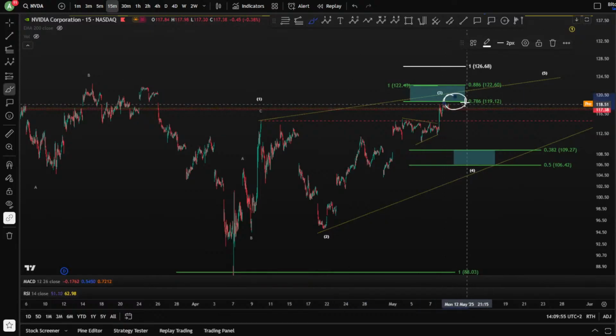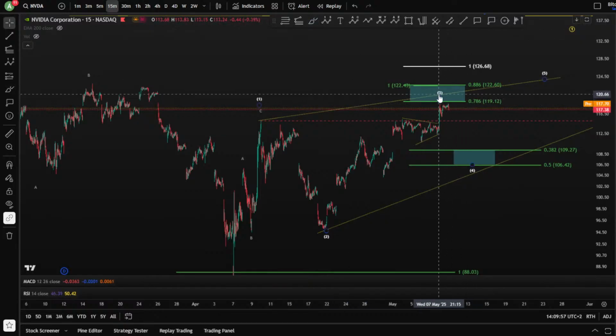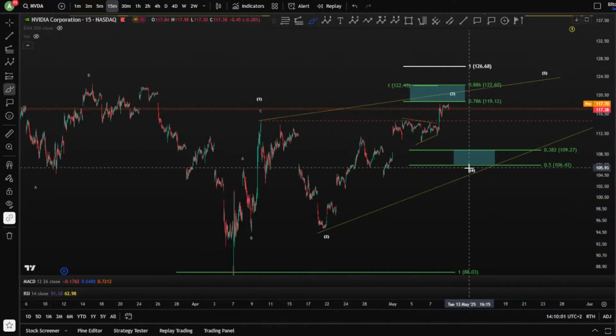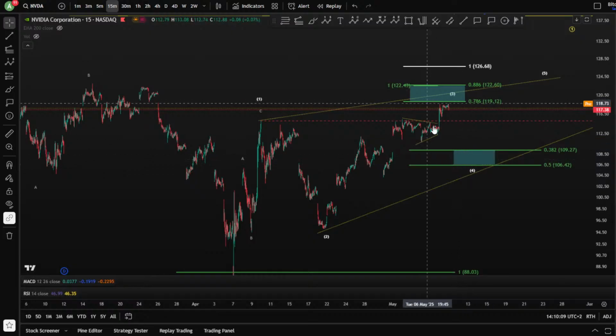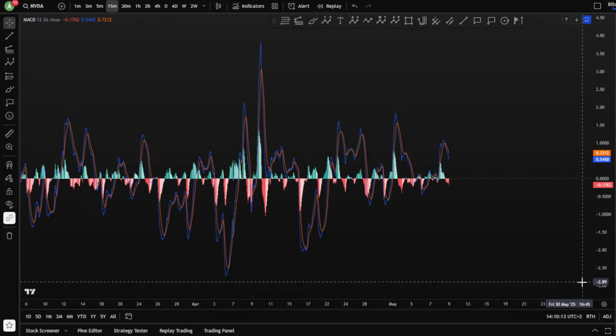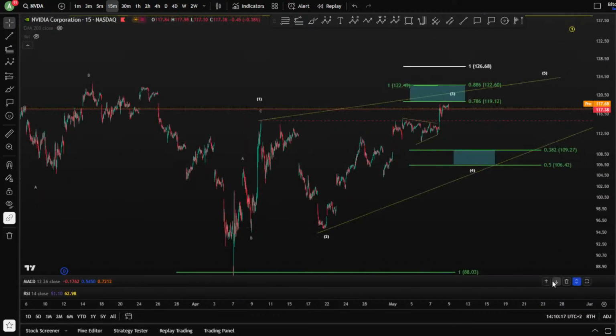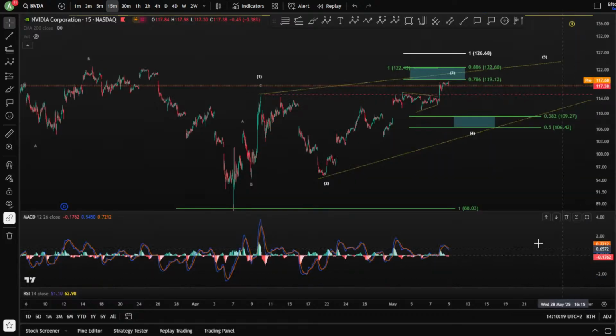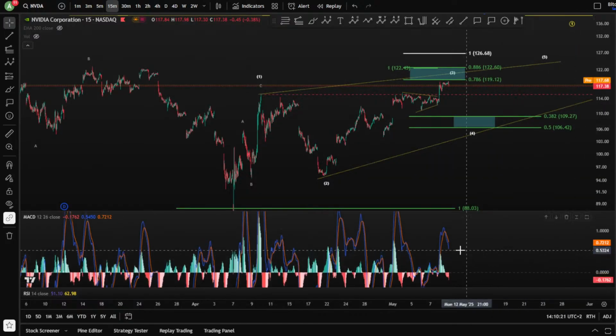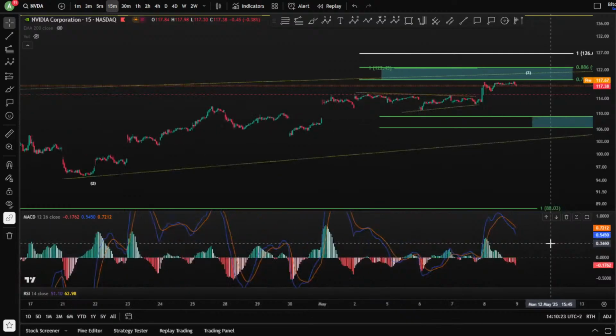Interested? Well, not so much, yeah, because you are very close to the blue box. And then, of course, you might shift for a wave 4 here. Okay. After this and a wave 5. So we're gonna see, of course, with Nvidia, but interesting as well. If we take a look also at the MACD here, let me check the MACD. Which one is this one? All right, so yeah, be careful with it as well.